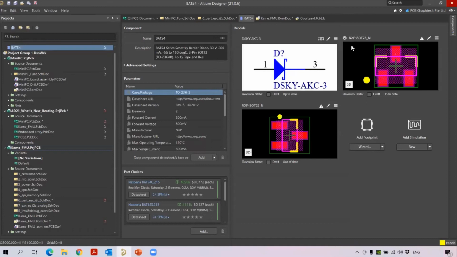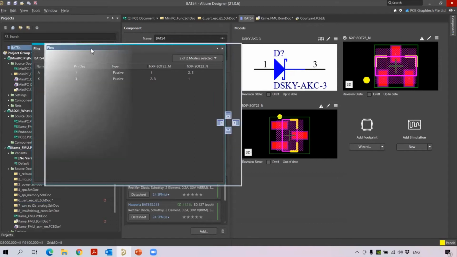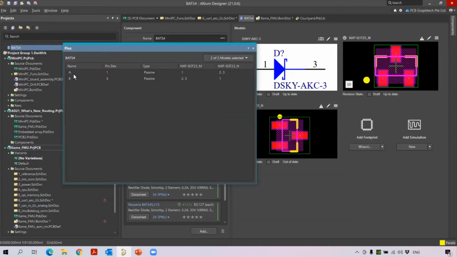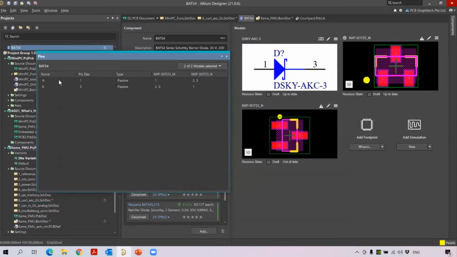So to do the pin mapping, you can press on Edit Pin Mapping here. So automatically you will see the information. The first one, the name is A and the pin is 1. It is a passive pin. This is the first footprint, followed by this one. Okay, so I'm giving the pin designator 1 connected to pad 1, that is pad 1 here. And then pin 3 of the symbol is connected to pads 2 and 3. These 2 are short circuited and connected to this pin here. This can be easily identified in your PCB by using cross probing.